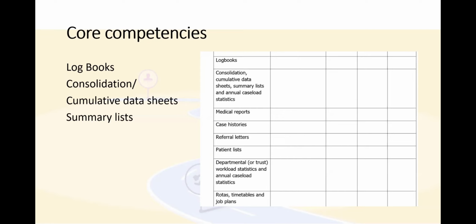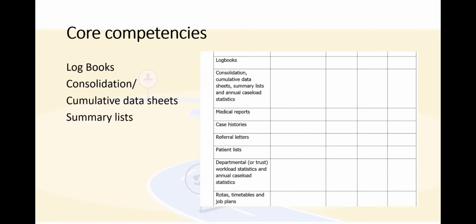Those are not a must, to be honest, but if you put it in a very evident or robust way, it's very easy for the assessor to go through that, and to just have a picture. They say one picture is worth 1,000 words. So logbooks are important, but of course, those things are